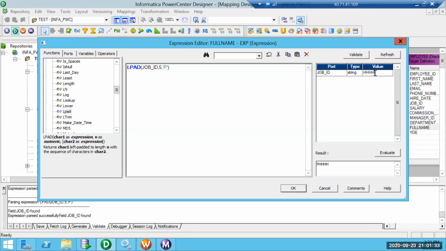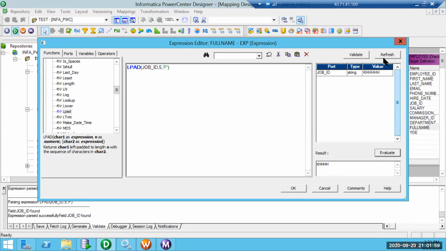If my length is already 5, it is not going to pad anything. However, if my length is more than that, it is going to remove the extra part. Though I give H, it is going to remove from the right. If I give KH, for understanding purposes, it retains. It trims from the right, not from the left.